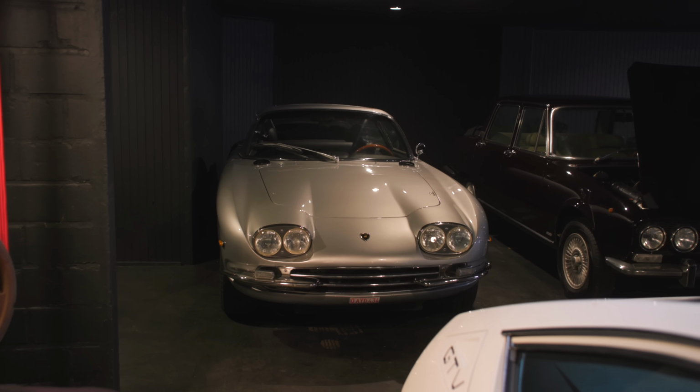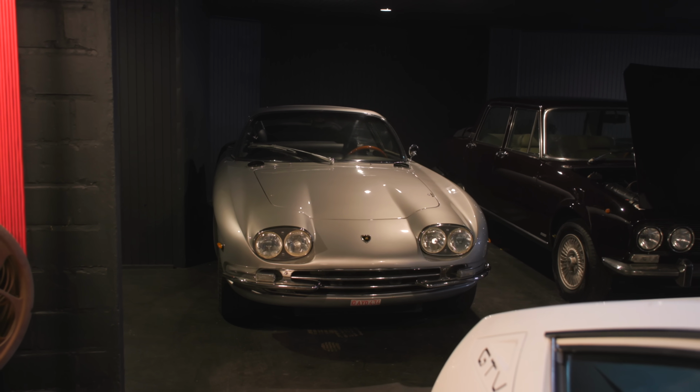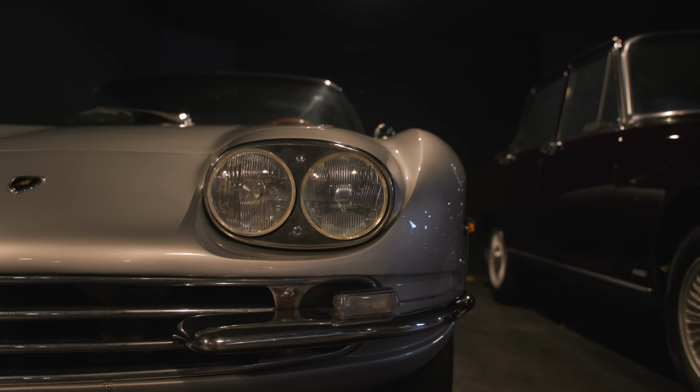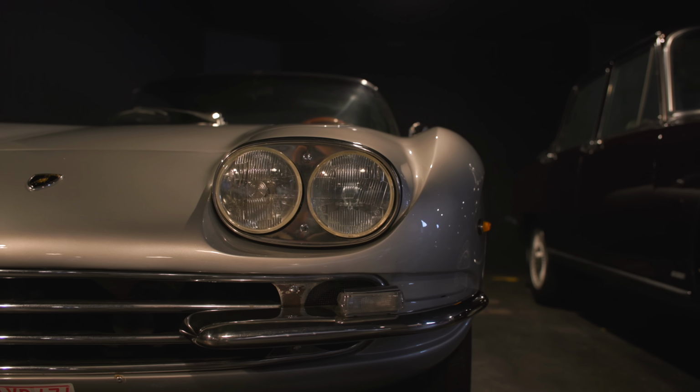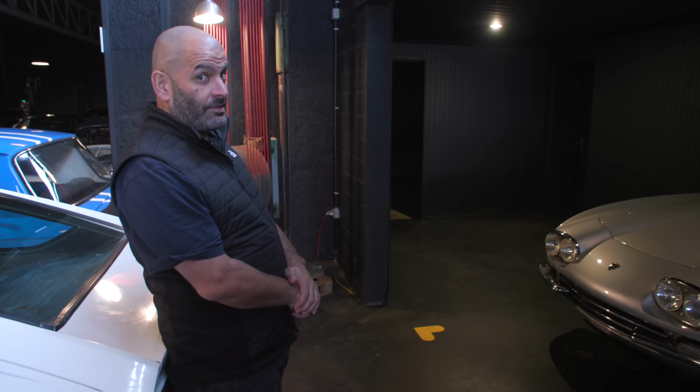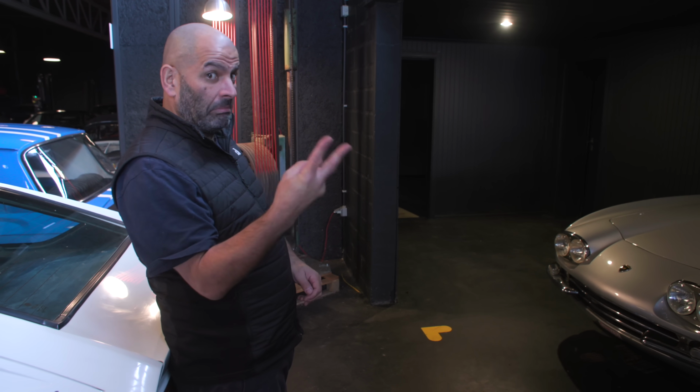There it is then, the 400 GT. This is what happens if you make tractors and you have your Ferrari serviced by the big man and you're not happy with what happens and you decide to get into a bit of a spat and you make your own car to give him the